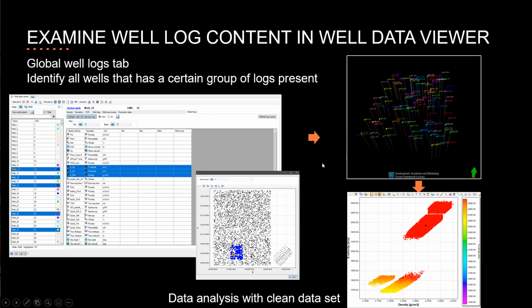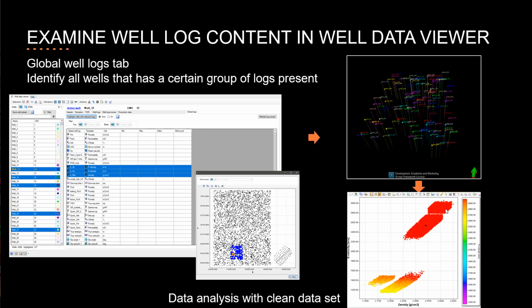In the Global Well Logs tab, it is very easy to identify groups of wells based on well log content. So here in the Global Well Logs tab, we simply highlight the combination of logs that we want to analyze, and then we highlight the wells that have this combination of well logs, and then we can populate those wells into a Petrel window, and from here it's very easy to generate the data analysis cross plots,